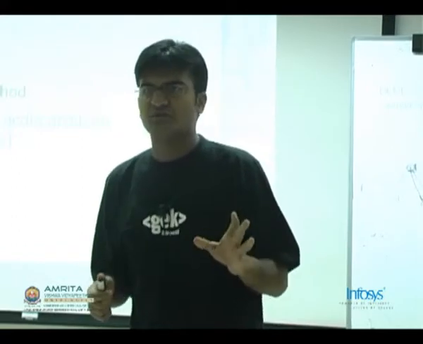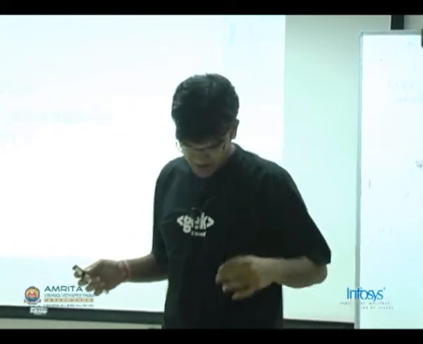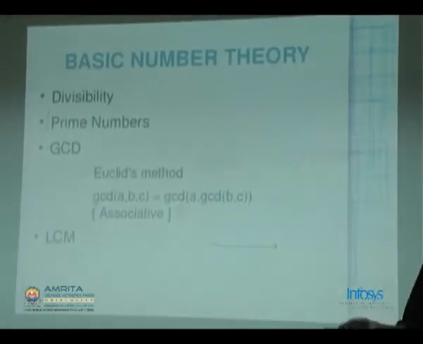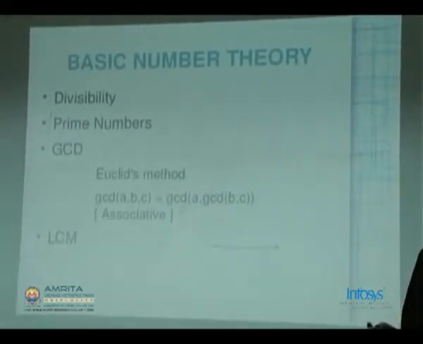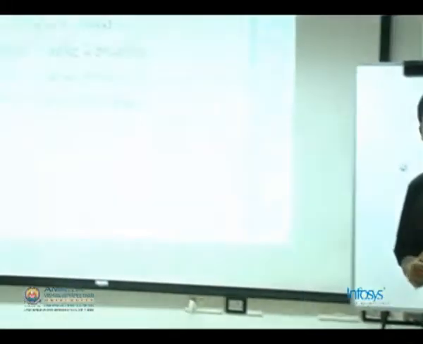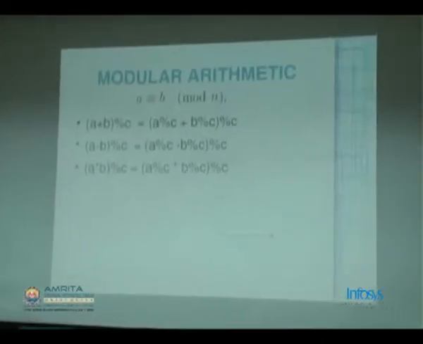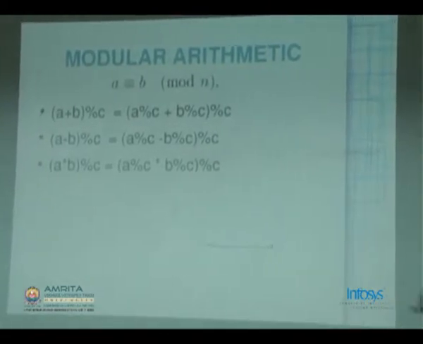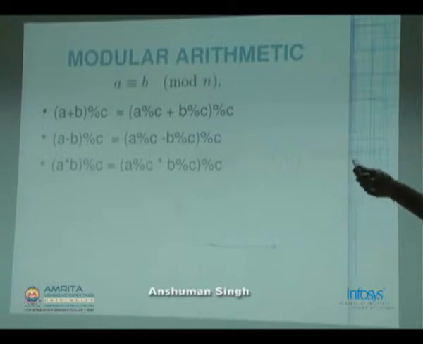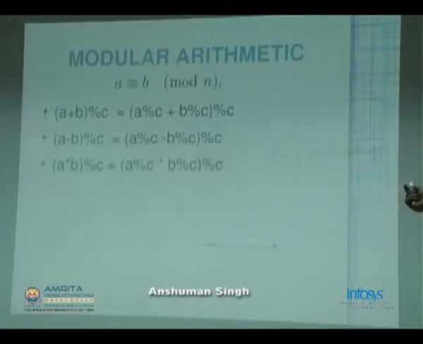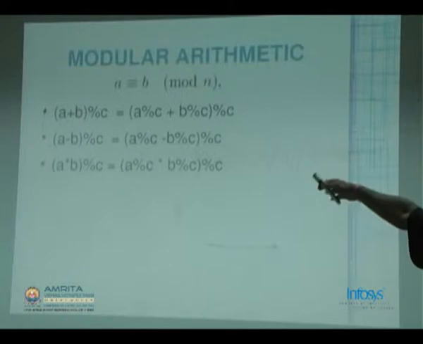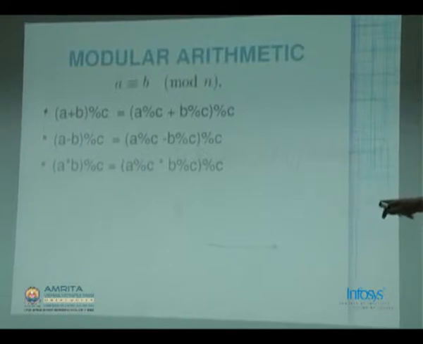I'm hoping that you are familiar with a few of the very basic maths techniques for number 3, mostly like divisibility. You would know what I mean when I say A is a divisor of B, right? There are some very basic postulates of modular arithmetic which I would again expect you to know. But anyhow, just for your convenience, I have mentioned it on the slides. A plus B mod C is equal to A mod C plus B mod C, whole mod C. Similarly, A minus B mod C is equal to A mod C minus B mod C, whole mod C. And similar is the case for multiplication.